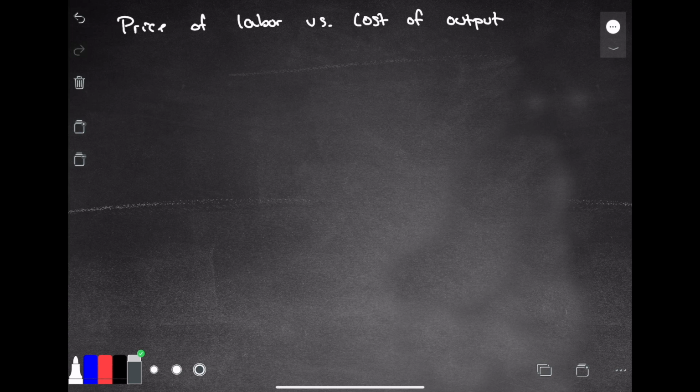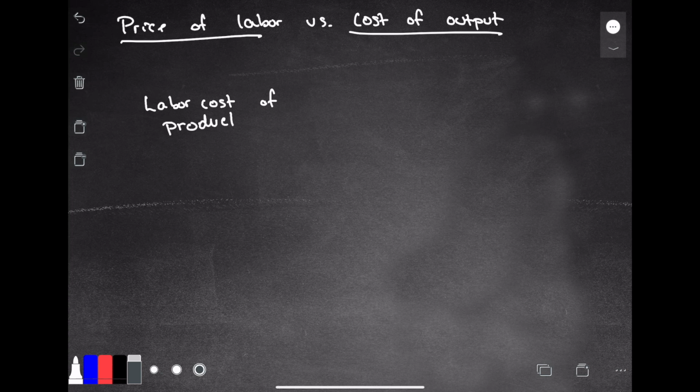Now, if we wanted to relate the price of labor and the cost of output, the relationship is actually relatively simple. The labor cost of production is going to be equal to the wages paid per hour divided by the product per hour. Or if you want to simplify, since we can get rid of these things here, it's just going to be wages